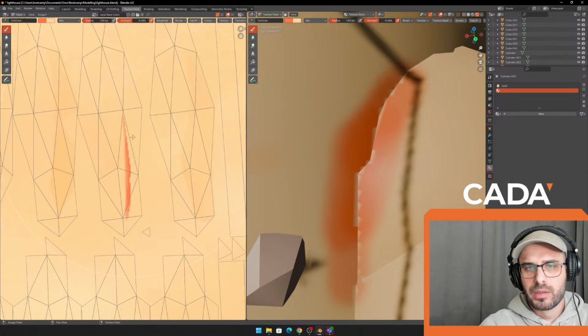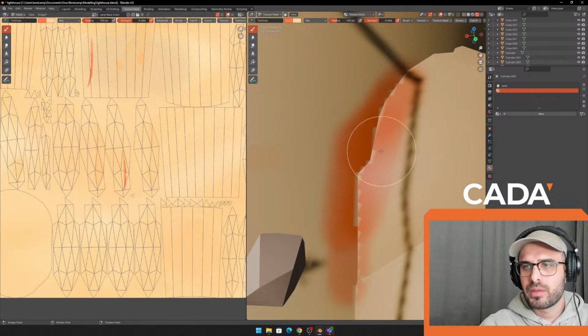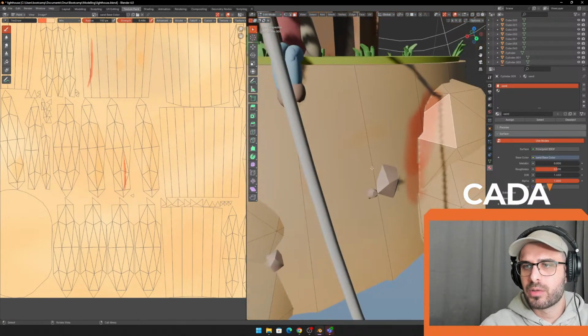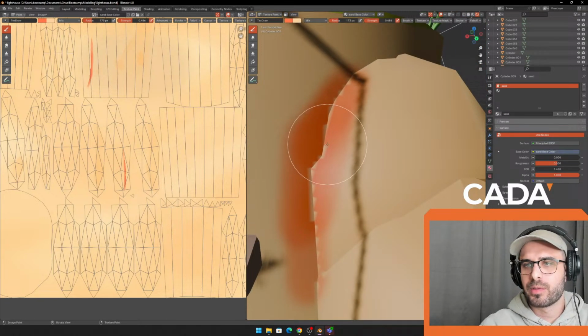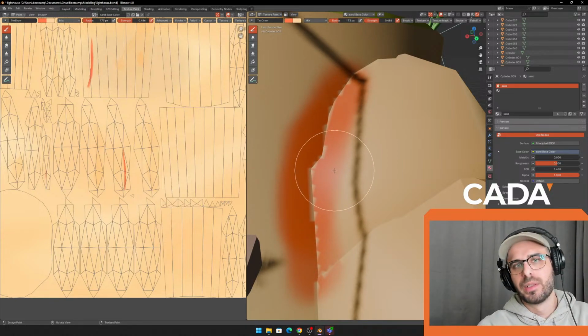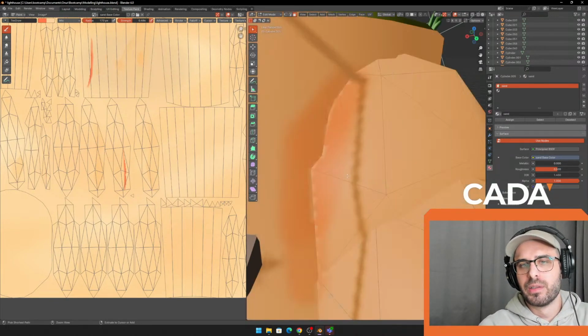So if we go here, it's because these two are surfaces that are clipping into each other. It's getting confused if it should be painting on the right side or on the left side, right on the border. So something you could do is